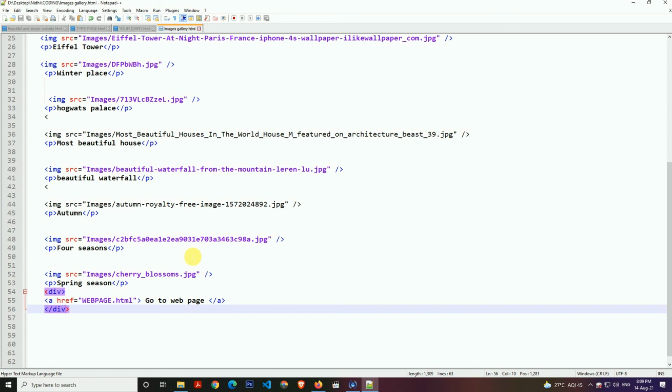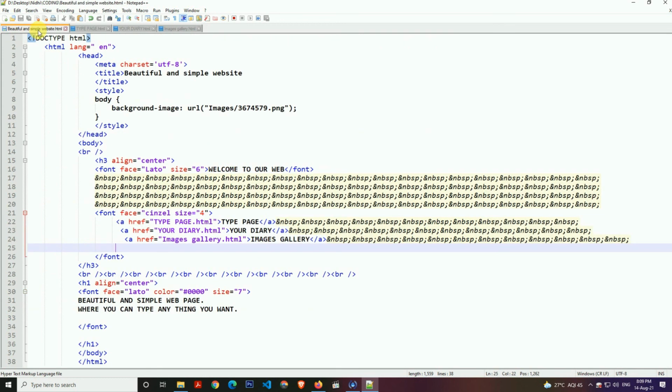Okay, now I am going to show you, now it is done, so you can create this website. So first of all, when I have shown you this, you can pause the video and then create all these things.